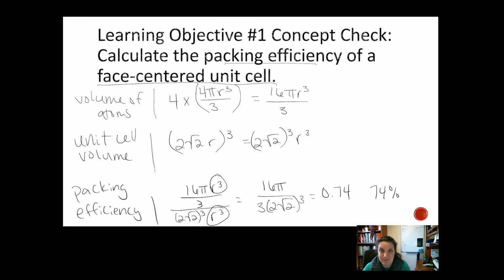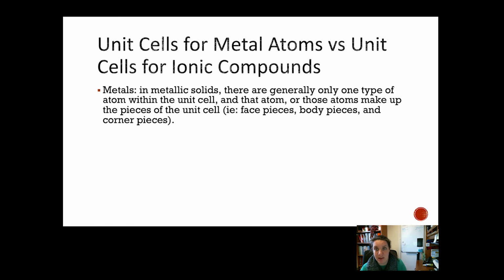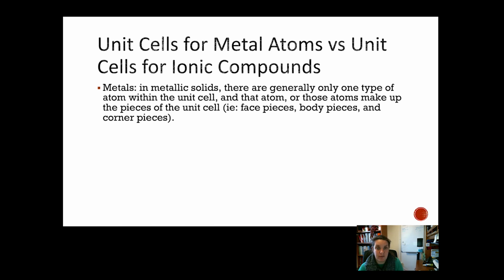Okay, so how do unit cells for metal atoms differ from unit cells for ionic compounds? With a metal, we only have one thing, right? It's all the same thing. It's going to make up our unit cell. It's going to take on one of those unit cell packing types: face-centered, body-centered, cubic. So they'll take on face pieces, body pieces, and corner pieces. Ionic,